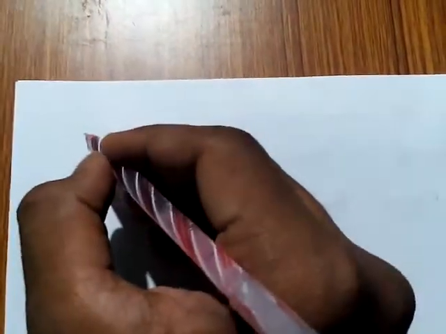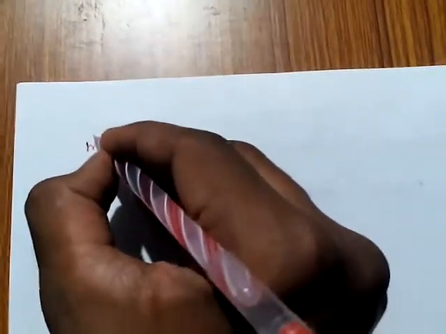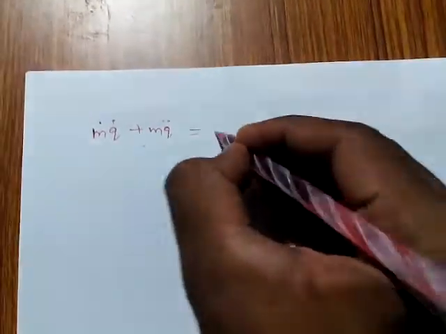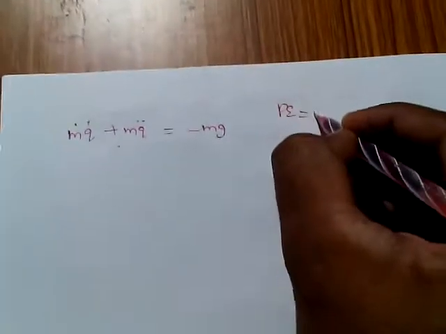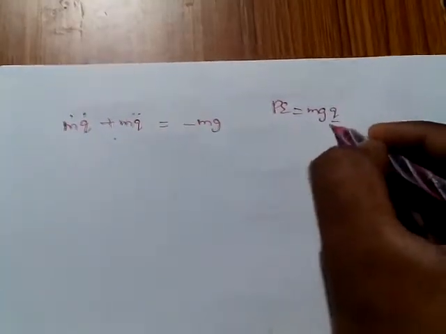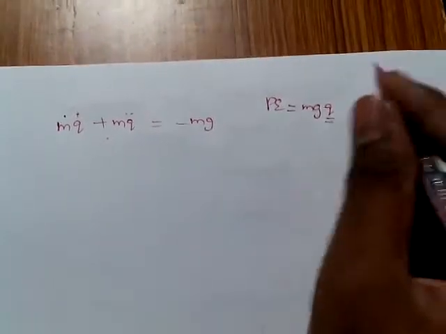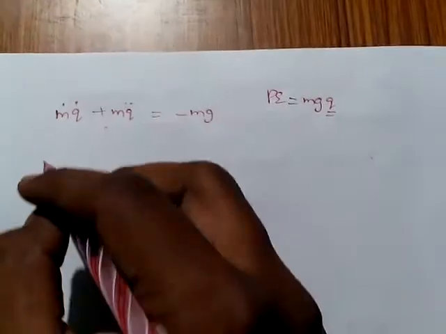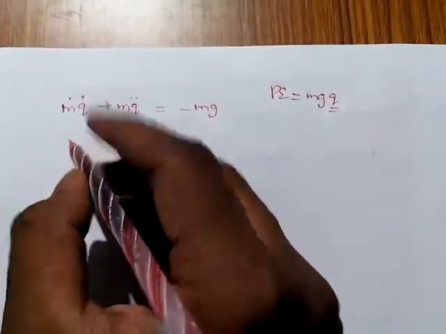We got the equation of motion for the rocket dynamics with the Lagrangian equation: m dot q dot plus m q double dot is equal to minus mg. We consider the potential energy as mgq without the sign. It means we could write q as negative also, but I am writing q as positive here. Now by Hamiltonian mechanics, we have to prove this.